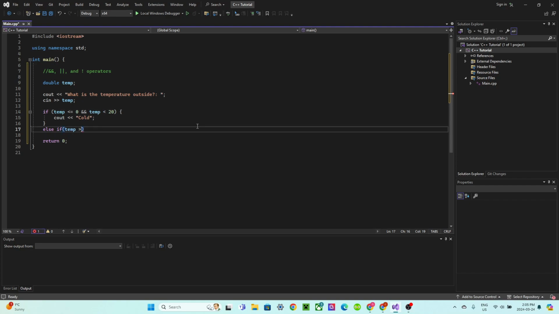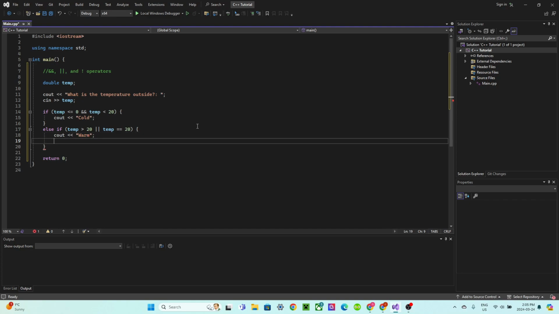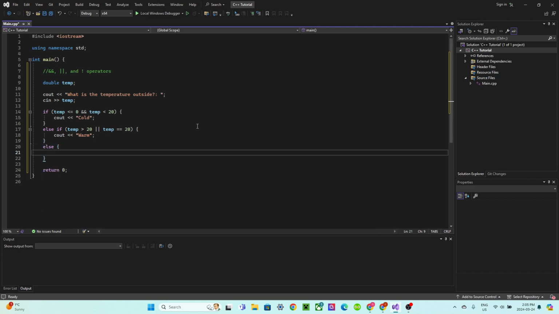If temp is greater than 20, or temp, well, we could say or for this, else if temp is greater than 20, or temp is equal to 20, then we'll say cout warm. We're going to say else cout